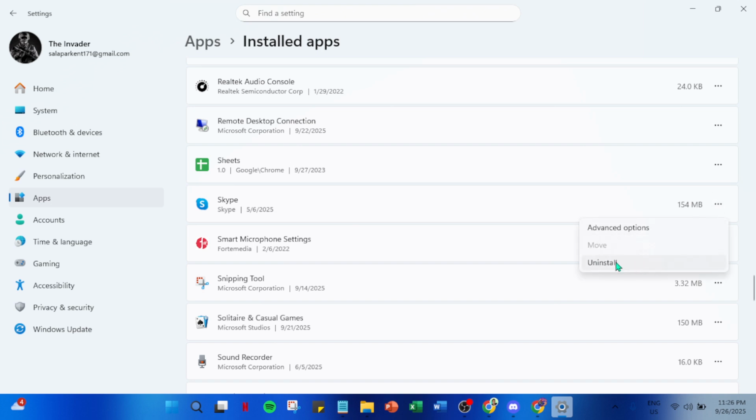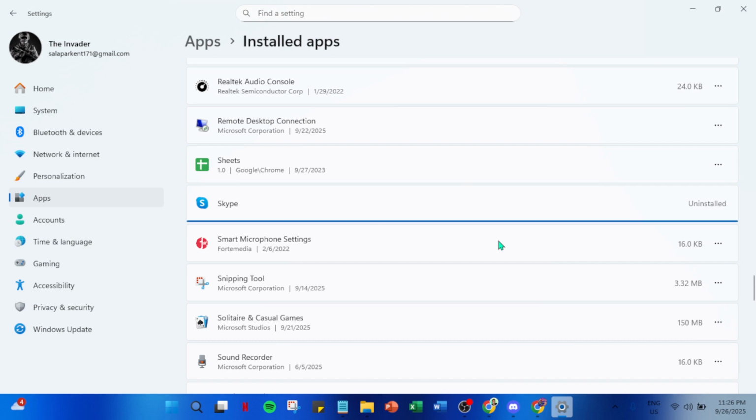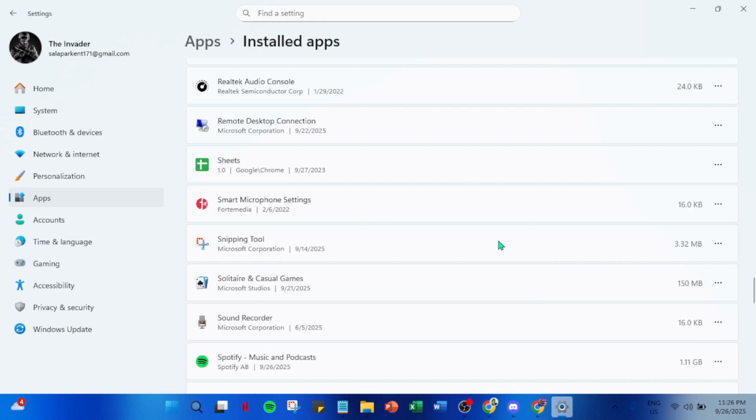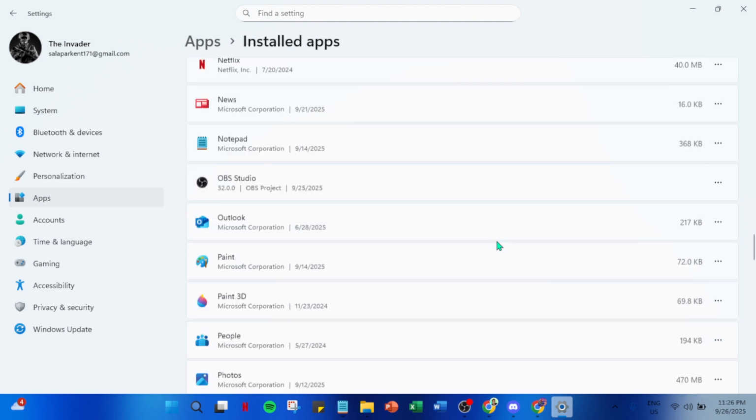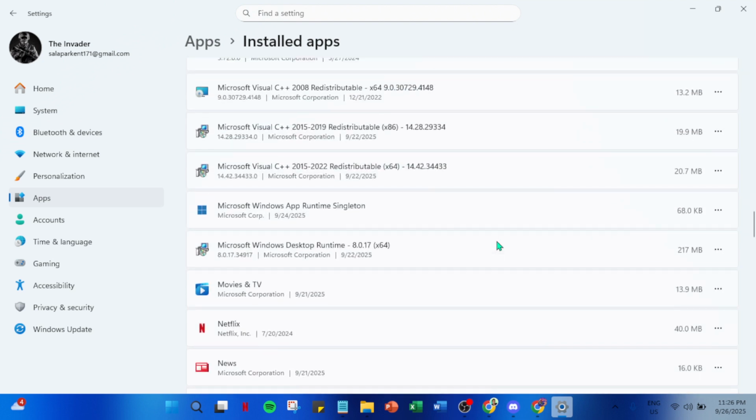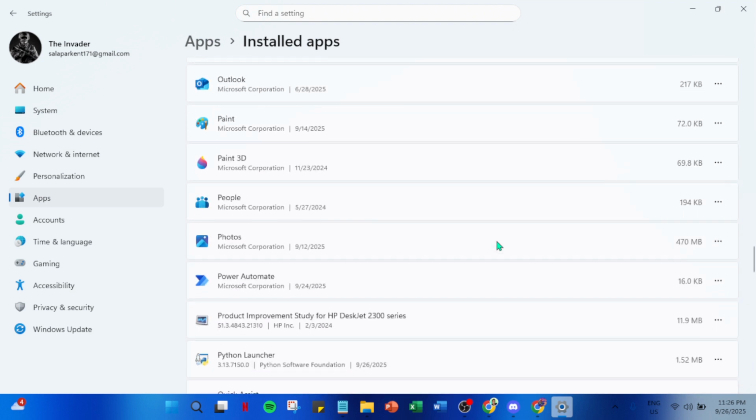However, keep in mind that uninstalling the app will remove it entirely from your system, so ensure that you no longer need it before proceeding. After selecting Uninstall, follow the on-screen prompts to confirm and officially remove Facebook Messenger from your device. Typically, these prompts will confirm your choice and might ask if you're sure about uninstalling the app. It's important to carefully follow each instruction to ensure the process completes without a hitch.